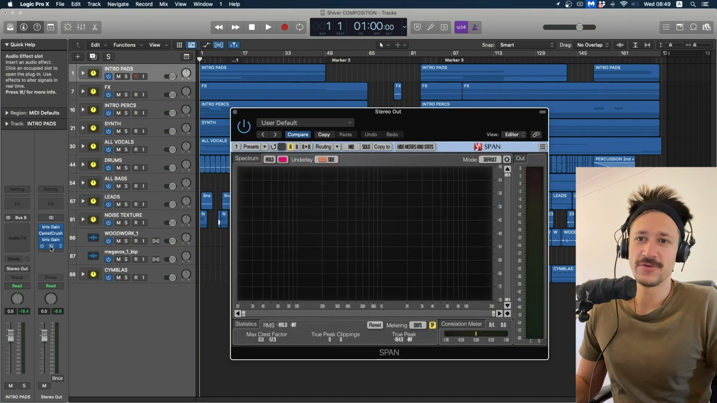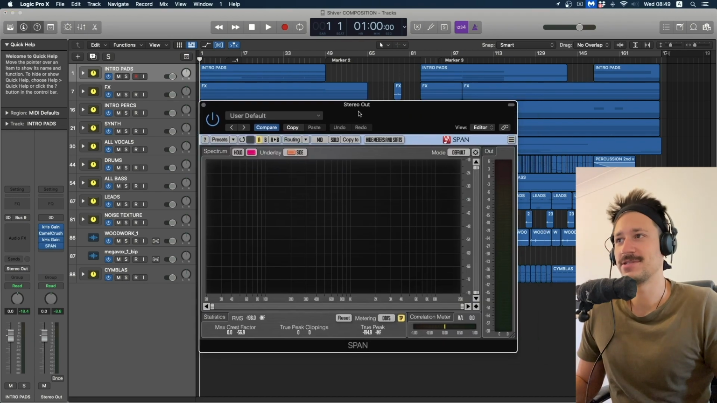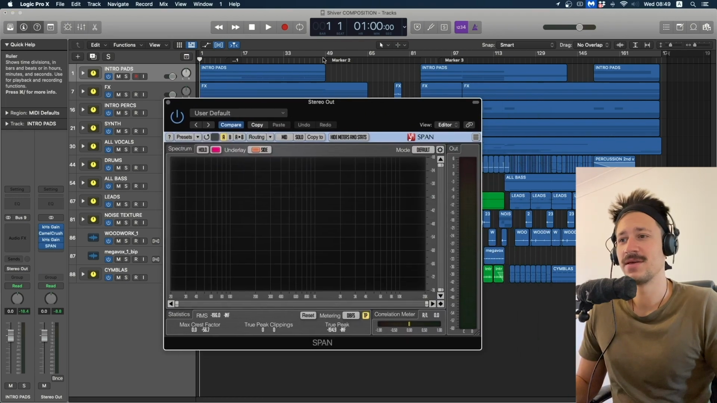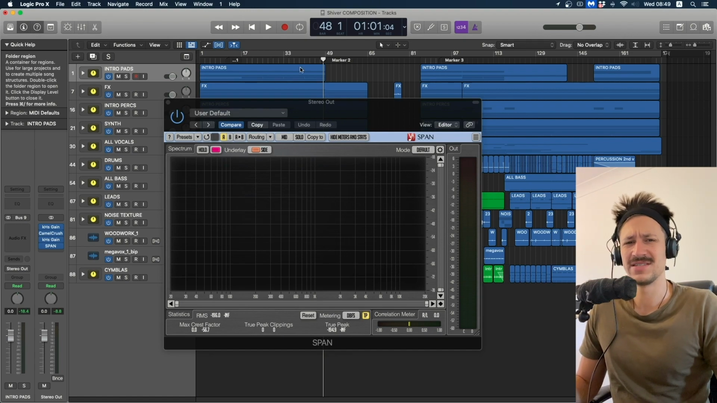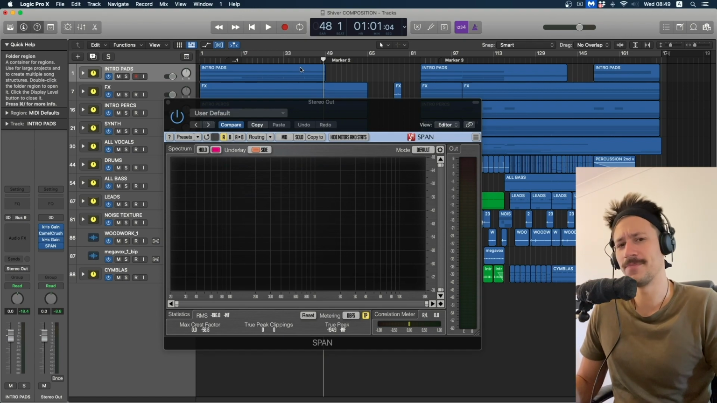Then I've got the Span afterwards, which is like my sat nav. This is just to check the levels of everything. I don't worry too much about LUFS and things like that. I know most people